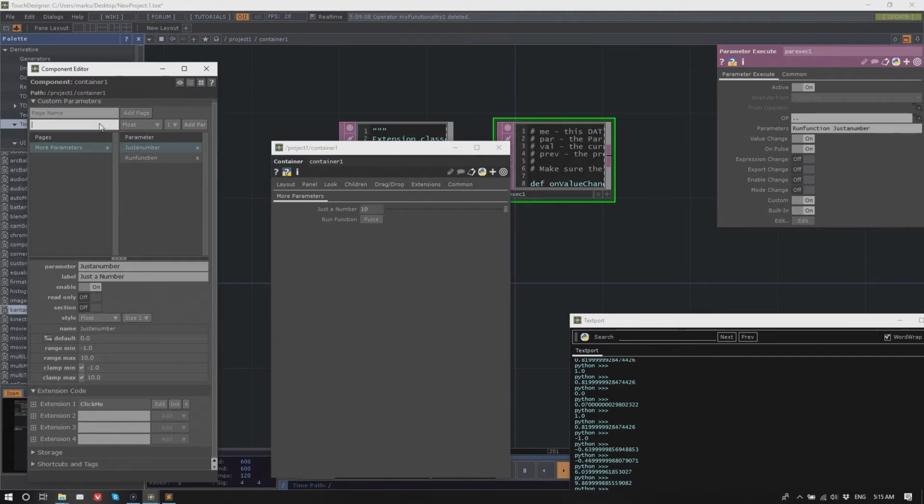Other interesting parameters you can use. Section. So you can have menu parameters, and you can specify the labels and names of them.